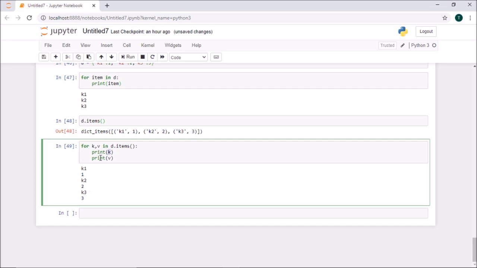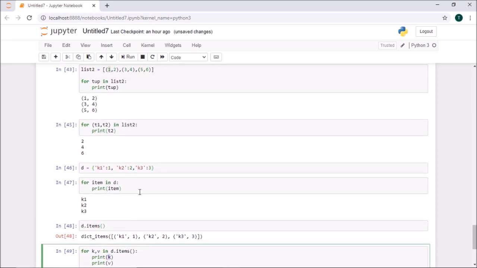Third iteration, k is this and v is this, it prints like that. So this is how the for loop works. For loops mean the basic thing you want to keep in your mind is iteration. If you want to do iteration, you will be using for loops.